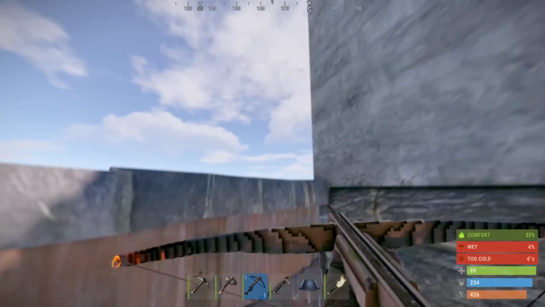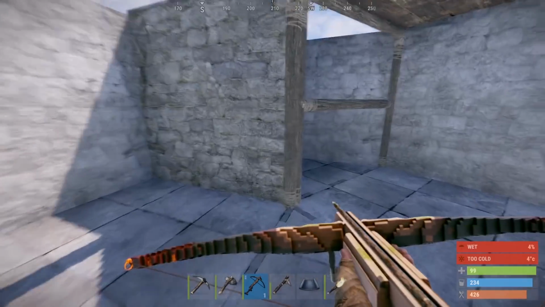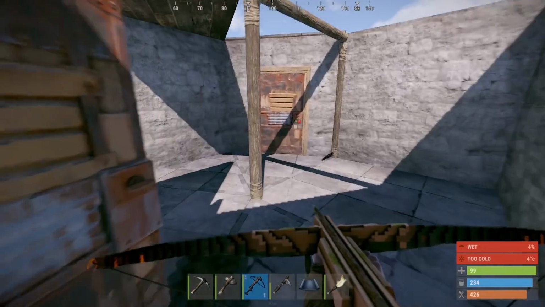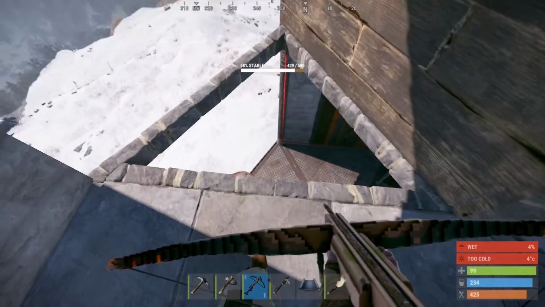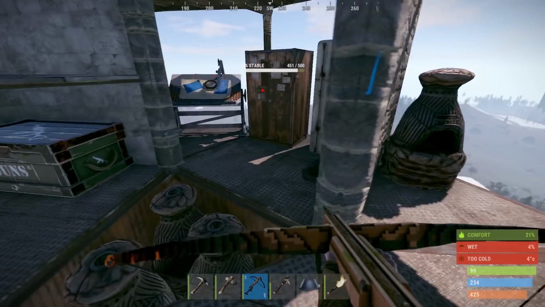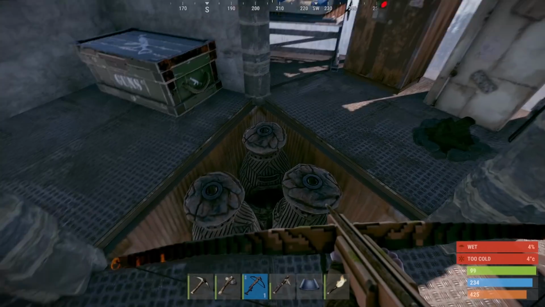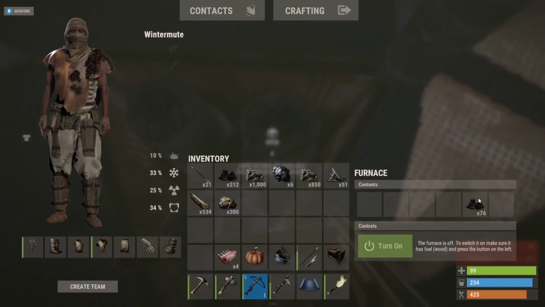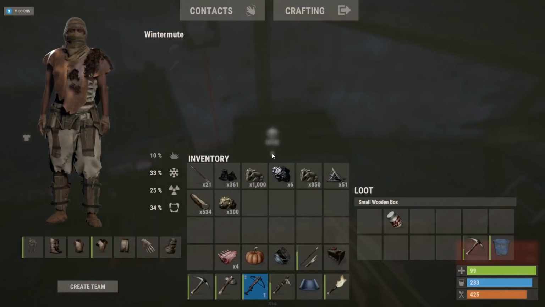You can build floors, even if you don't have TC access, you can build floors. It's kind of weird. I don't know why they did that, but it makes it so you can get up. You can also use ladders to get up, but... Oh, I like the little triangle in the middle here. We got sunken furnace area. Yeah, this base is definitely decaying, so...